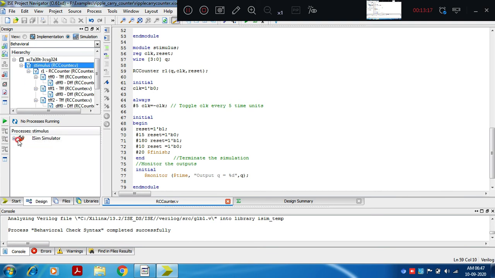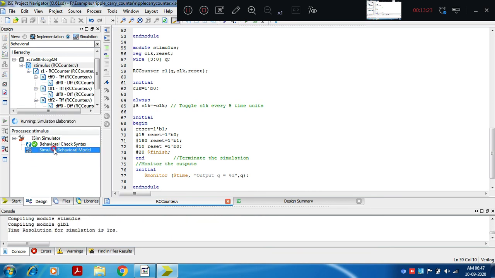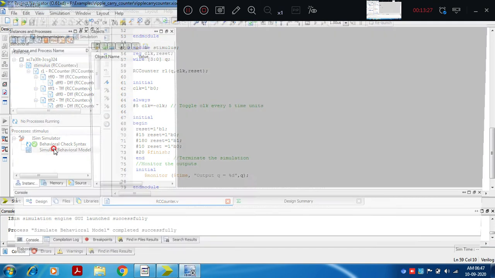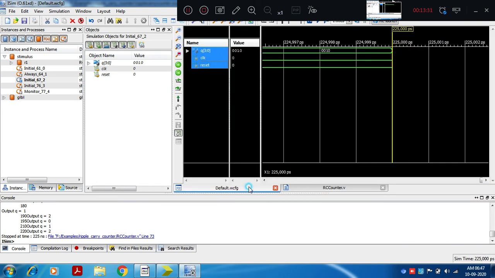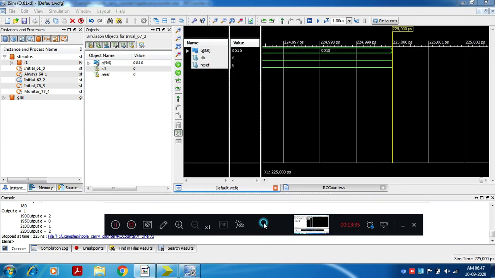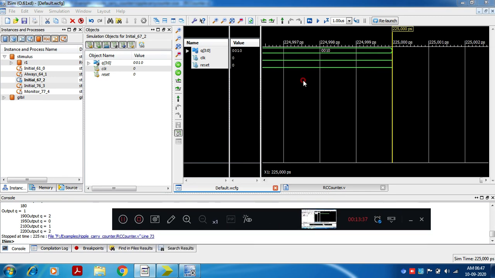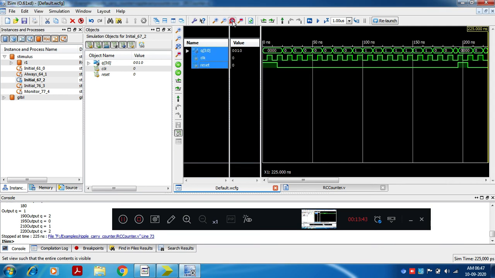Select top level code stimulus. Simulation, check syntax we have done. Double click on simulate behavioral model. You can operate, and you can check the values here.